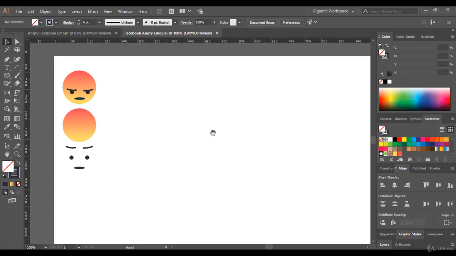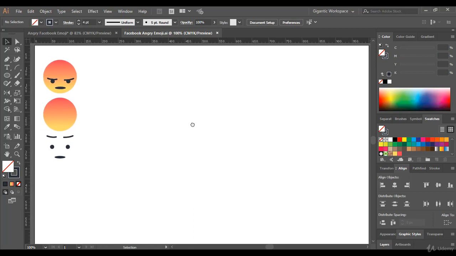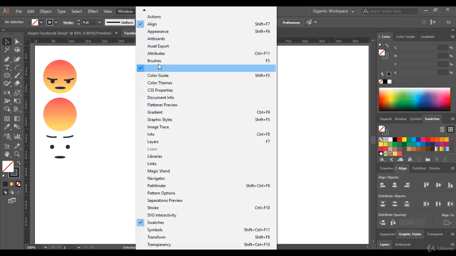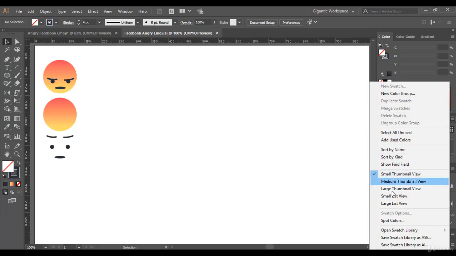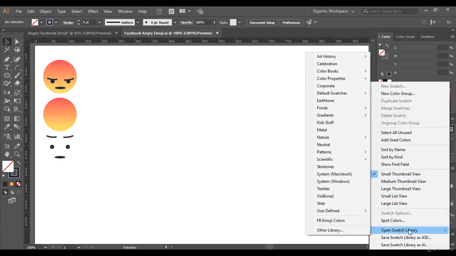So now we need to open our swatches, which are created for that course, and to do that, go to your swatches palette. If you can see it here, go to Window, look for the swatches, make sure it has a check mark like mine. So go and click here, go to the bottom, hover your mouse over Open Swatches Library, then go to Other Library,